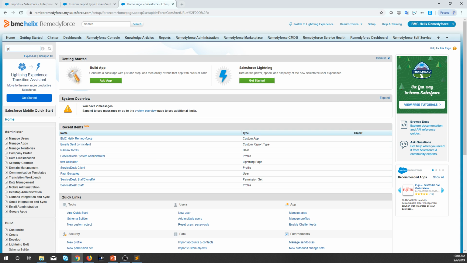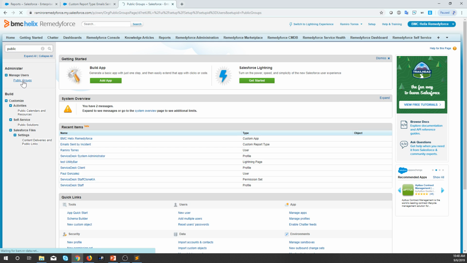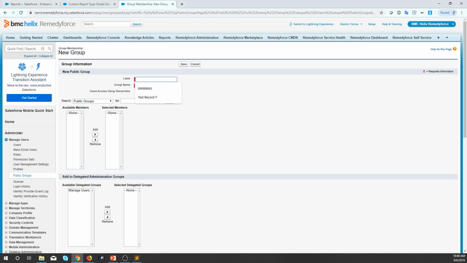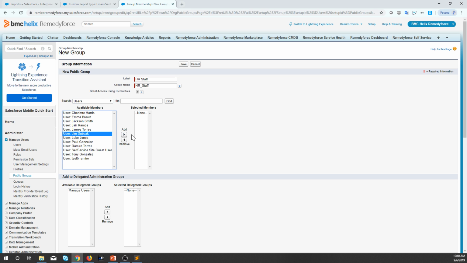If you go back to the setup menu and type public groups, then click on new, choose a name for your public group, then select the search based on users and add the people you want to be in this group. Click on save,